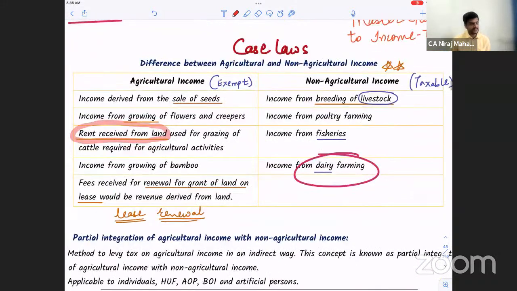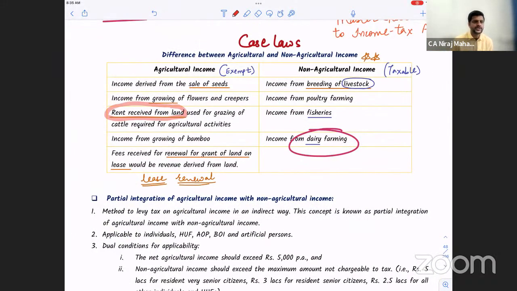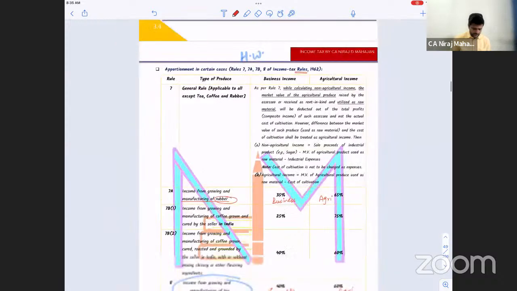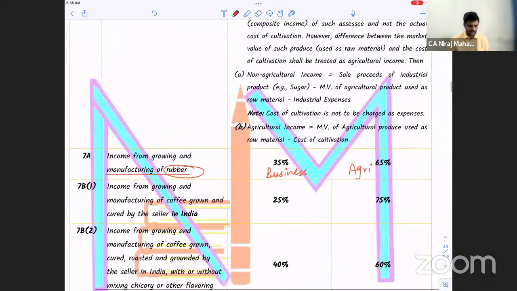This also we have seen, important cases. I have told you to star mark them, which are agri and which are non-agri. These cases we have covered. Let's go ahead. We are now into a very next important point. This was homework. I am kind of sure you have not read it, but okay, let's go ahead.